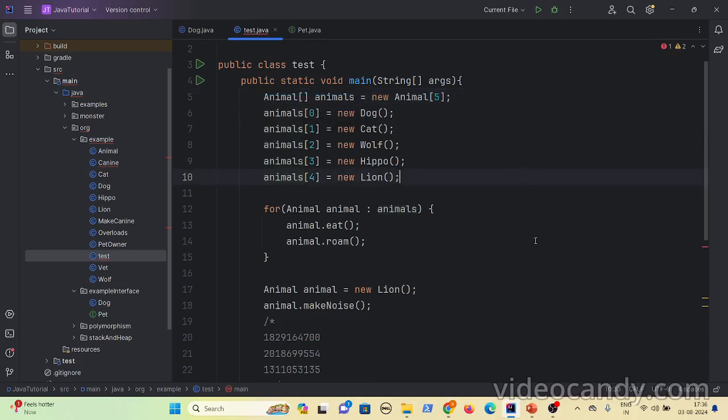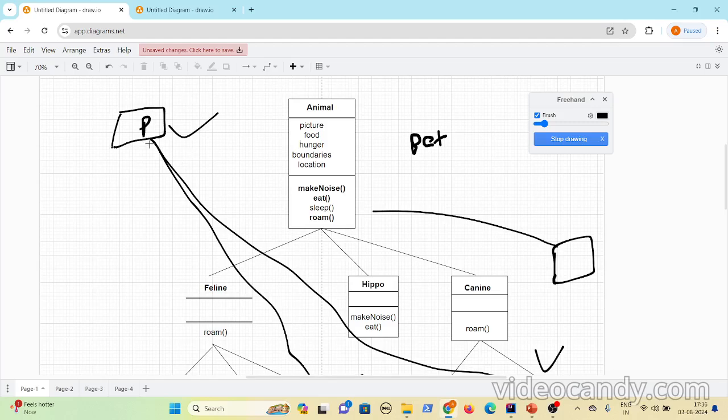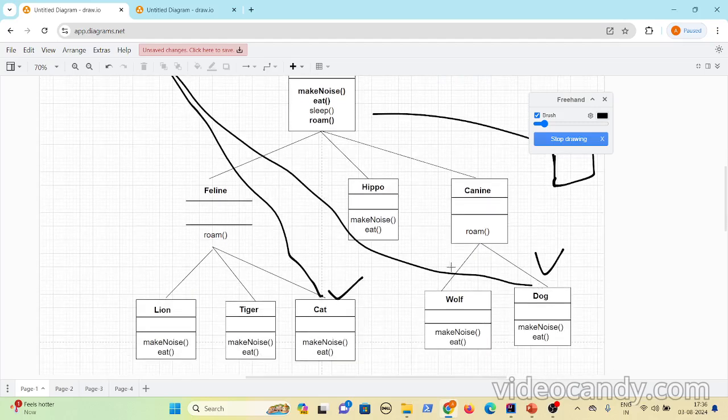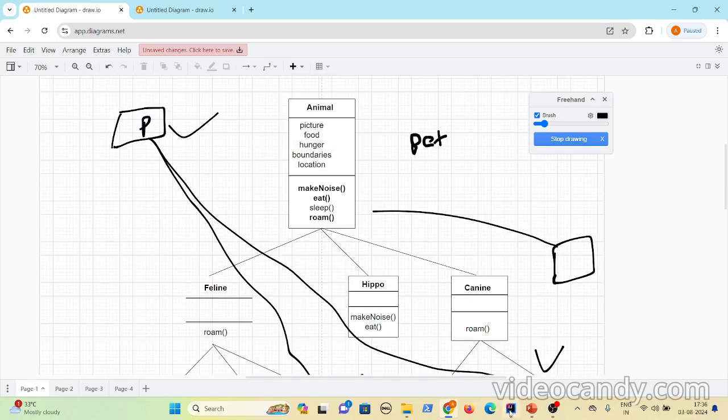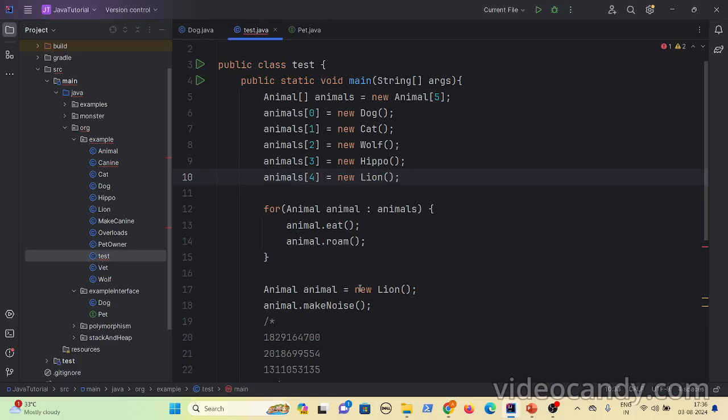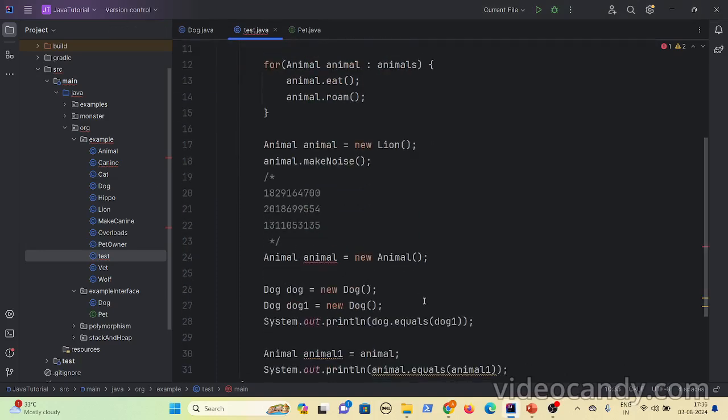So for pets also we can do the same. Let's say you want a pet array. In that pet array you might add multiple pets. So if you create this as an interface and let Cat and Dog implement it, you can add Dog and Cat to the pet array, right? How we have done for the inheritance. Let me do that.